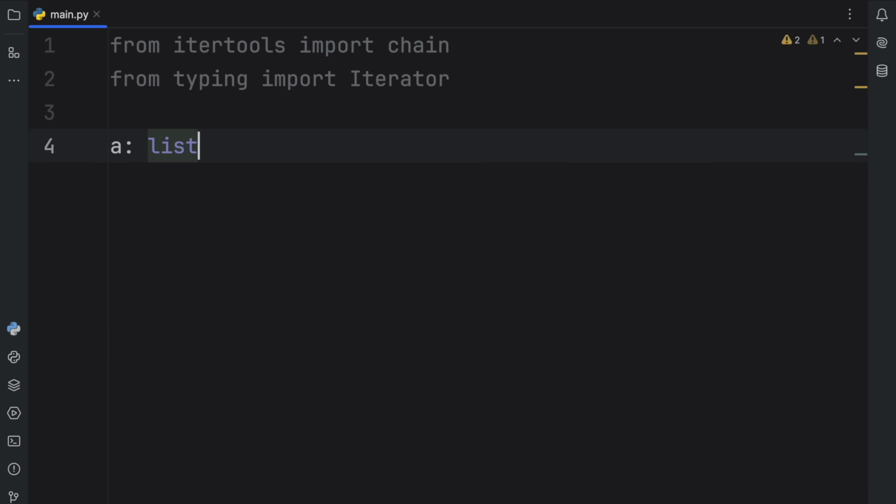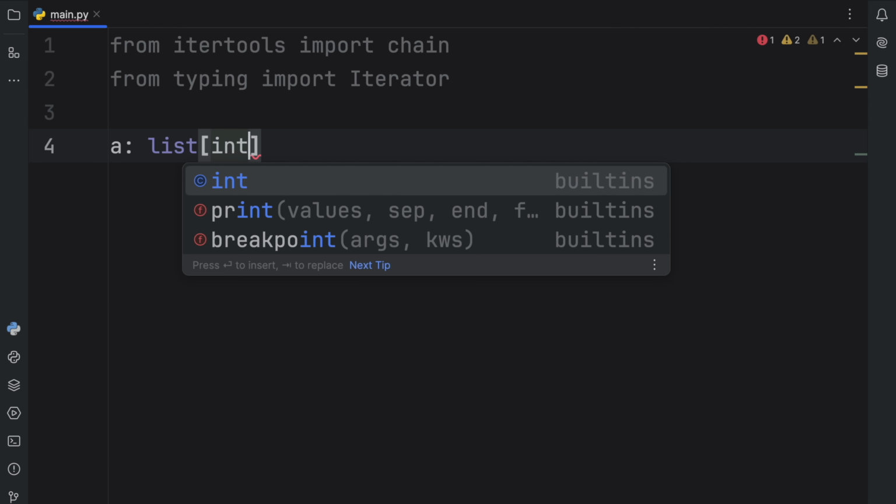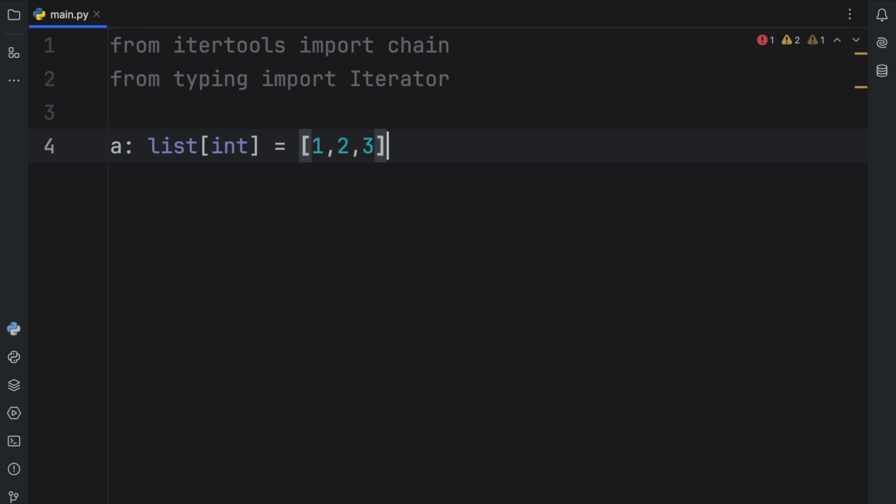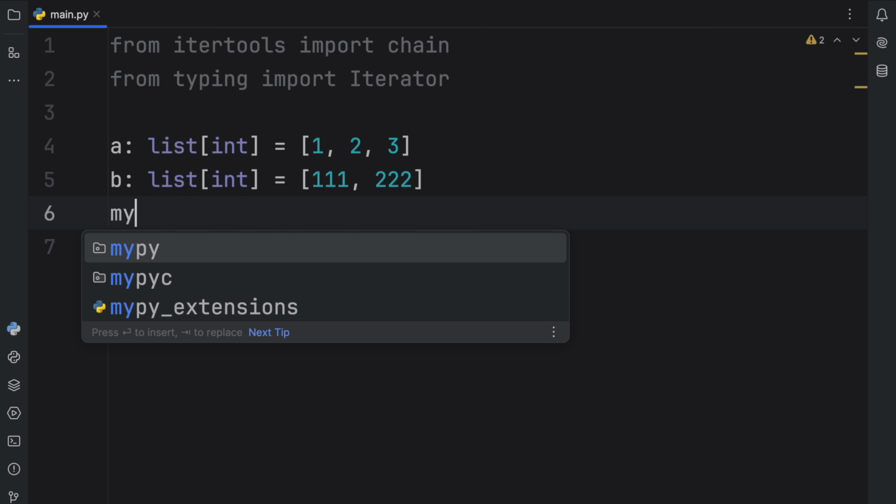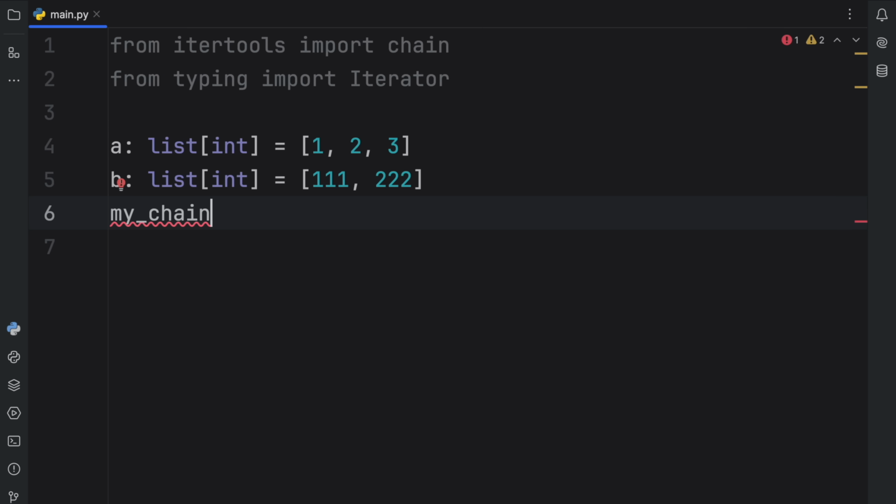So first of all, I'm going to create a list of type integer, which is going to equal 1, 2, and 3. Then we'll create another list of type integer, which is going to equal 1, 1, 1, and 2, 2, 2. And finally, let's use chain to chain these objects together. So we'll create my_chain of type Iterator, which is going to be of type integer and equal to chain